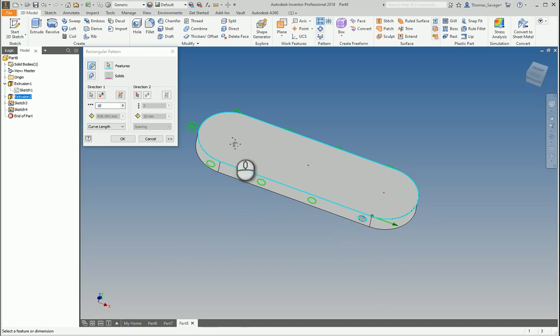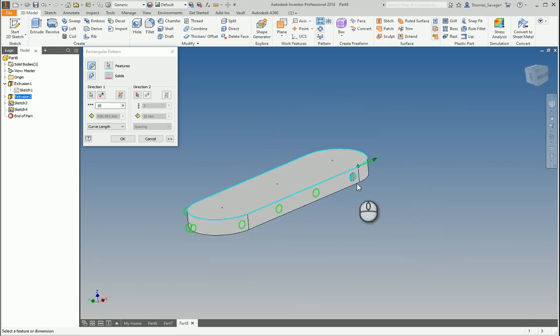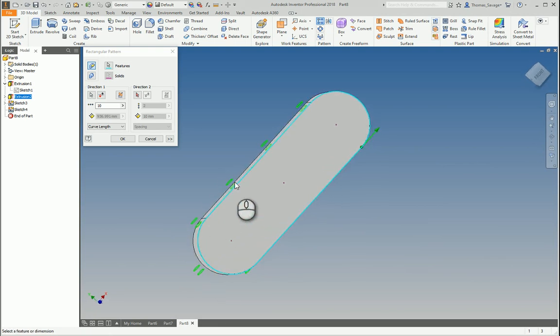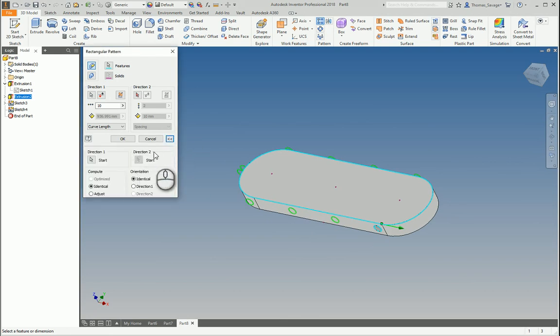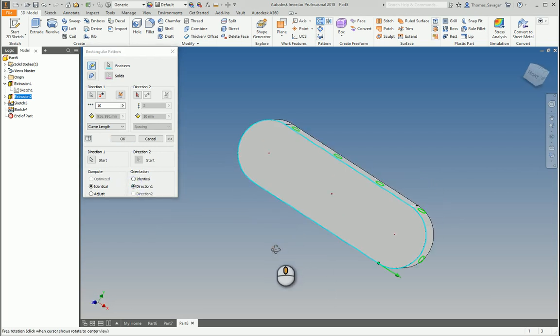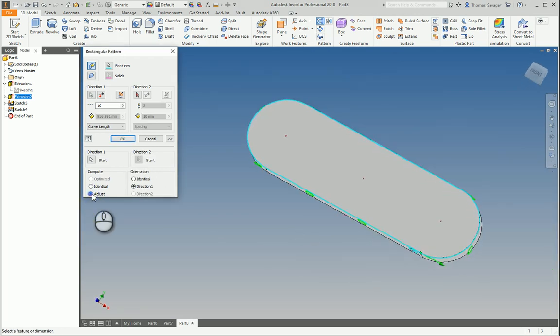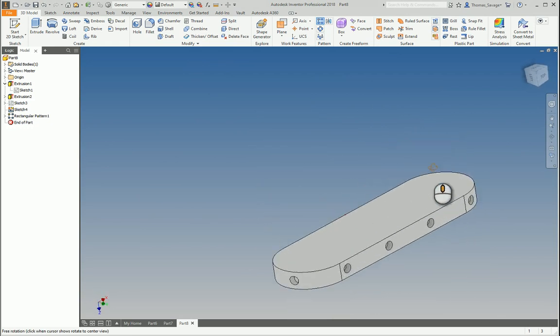Now, as you can see, it's not going round as we want it to. These are okay. Then as it comes to the radius, the hole doesn't follow this radius, and then it's sticking out too far here. The way we fix this is if we do this drop down menu, on direction 2, click direction 1, and then as we can see, when we click OK, it starts to follow it around,